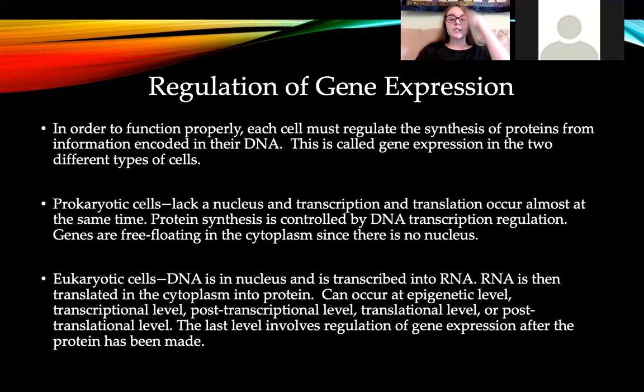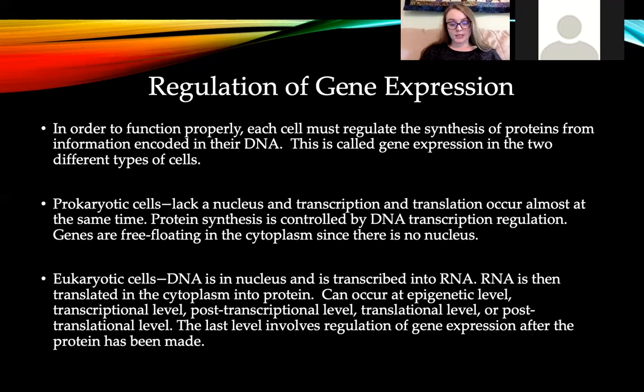Okay, regulation of gene expression. In order to function properly, each cell must regulate the synthesis of proteins from information encoded in its DNA. This is called gene expression, in the two different types of cells. So first we have prokaryotic cells, which lack a nucleus, and transcription and translation occur almost at the same time. In prokaryotic cells, protein synthesis is controlled by DNA transcription regulation, and genes are free floating in the cytoplasm since